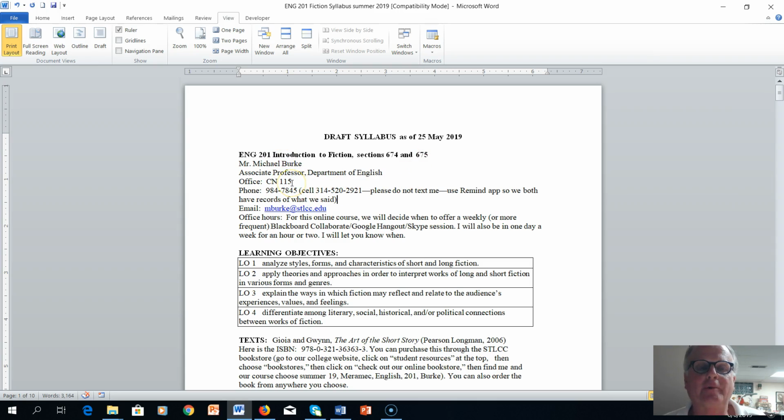This is my office at Merrimack in the Communications North building. This is my office number, which I'm hardly ever at, but here is my cell phone number. You can call me if you need to, but just don't call after 9 o'clock at night. Probably the easiest thing to do to get in touch is use the Remind app, and I've sent out a couple of notes about that, or use email, and here's my email address. Either of those two ways are the best because we both have a record of what we're up to.